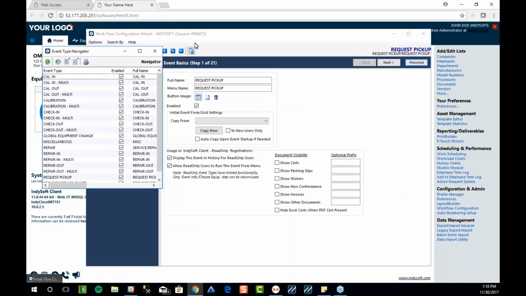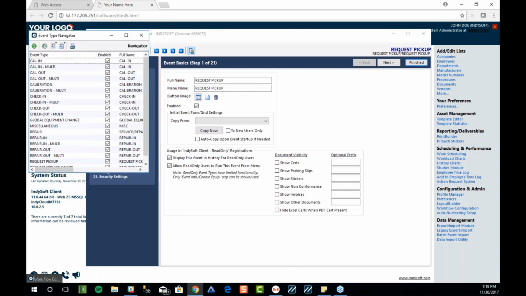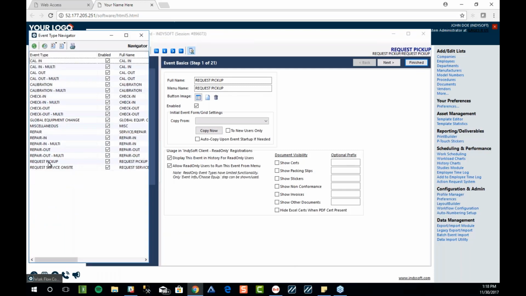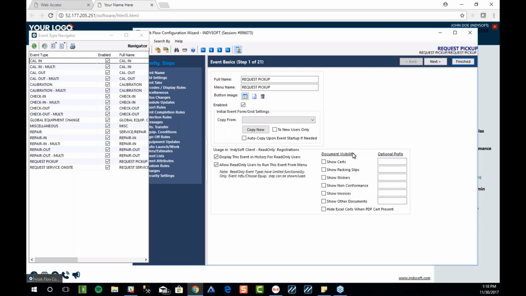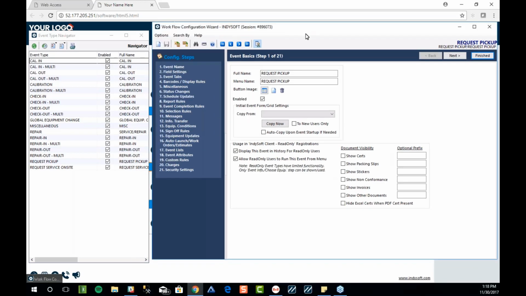So I come over here to my navigator and I can take a look at any of the events that I have in my system. And then within the actual event itself, I can check the allow read-only users to run this event from the menu. From here, I can even select document visibility, show certs, show packing slips, etc. One of the very beneficial things that you can do with this new read-only system is we can send emails, we can create stickers, we can create certs, or we can at least give them access to view them and